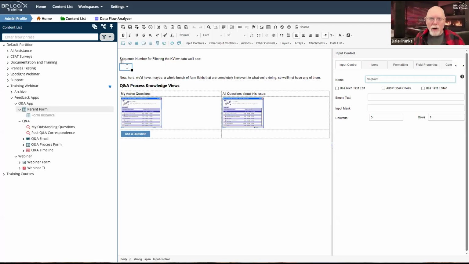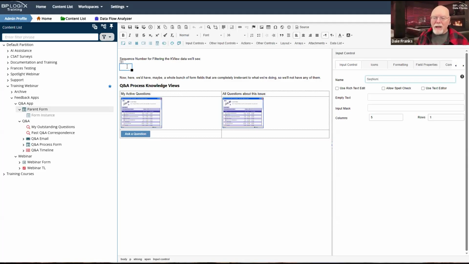And that's why we always recommend, by the way, so that we can do things like this, that you have a unique request number for every request that's submitted, every form that is submitted in your system.